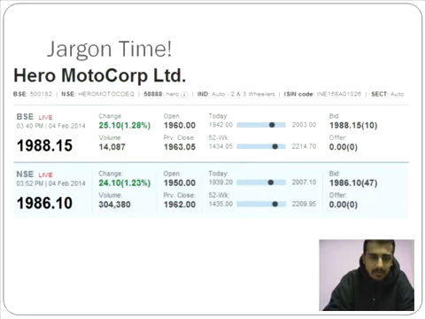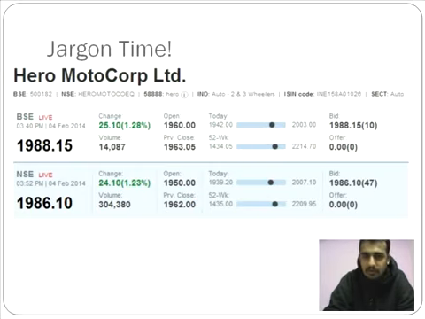Now, this is a screenshot which I took today, on the 4th of February 2014. This is a screenshot that I took from economictimes.com, and let me tell you the various jargons that you would come across, which is very, very common in the stock market. Now, the first thing there you would come across is Hero Motor Corporation Limited. That's the full name of the company which I'm going to talk about here. The information that's there below, BSE, is BSE colon 500182. Now, that's the code name for Hero Motor Corporation in Bombay Stock Exchange.